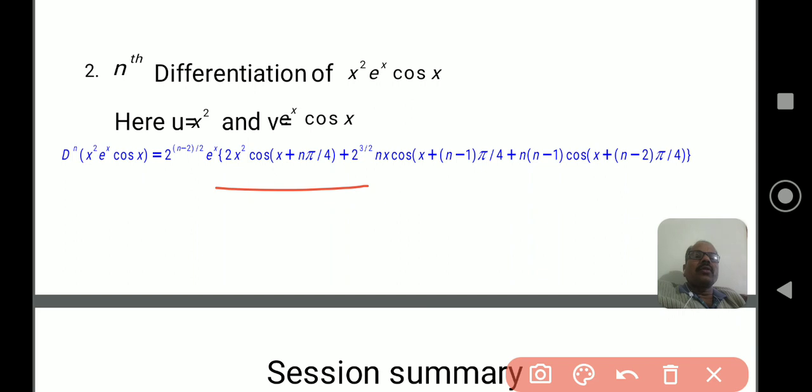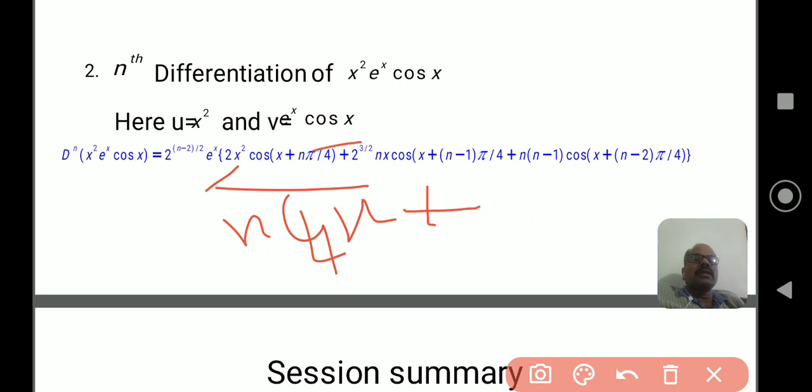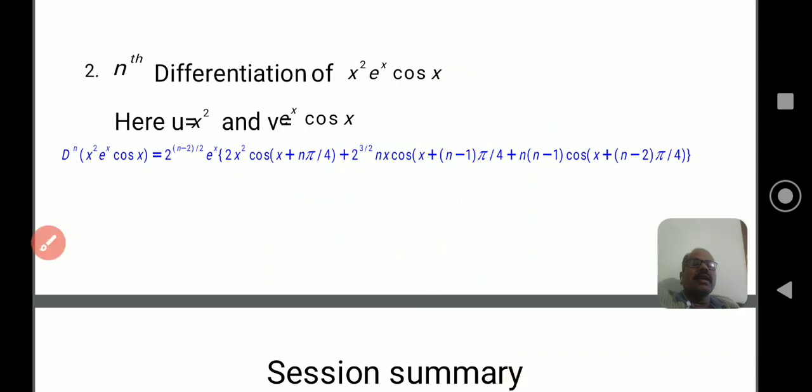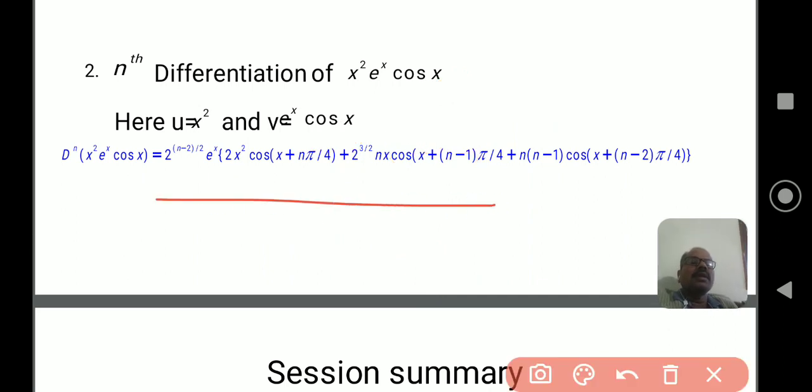Similarly, we have to continue this procedure of the Leibniz theorem. nC1 is the next term, the differentiation of x square is 2x in the next term. Again we reduce the second term to n minus 1 derivatives. The next term is the differentiation of the previous term. Now the reducible function is 2x, the differentiation of 2x is 2, again reducing the second term to n minus 2. The fourth term we do not expect, because the differentiation of the previous reducible function 2 is 0, so stop the procedure. This is the final solution by applying the Leibniz theorem.